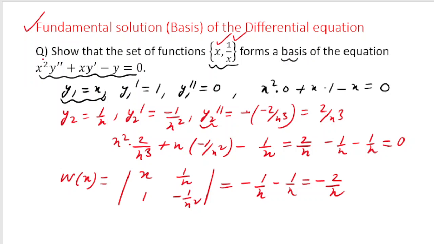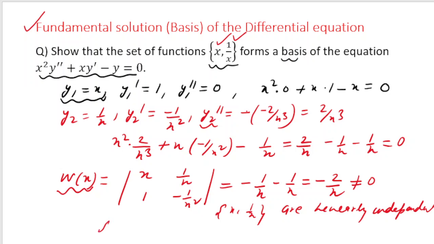normal, the coefficient of the highest order term x square should not be equal to 0, means x is not equal to 0. So if x is not equal to 0, then 2x is certainly not equal to 0, means minus 2 by x, not 2x. Minus 2 by x will not be equal to 0, right? So Wronskian is giving me the value minus 2 by x, and it is not equal to 0, means this x and 1 by x are linearly independent. So it means what? It means that this set, the set that is x comma 1 by x, forms a basis